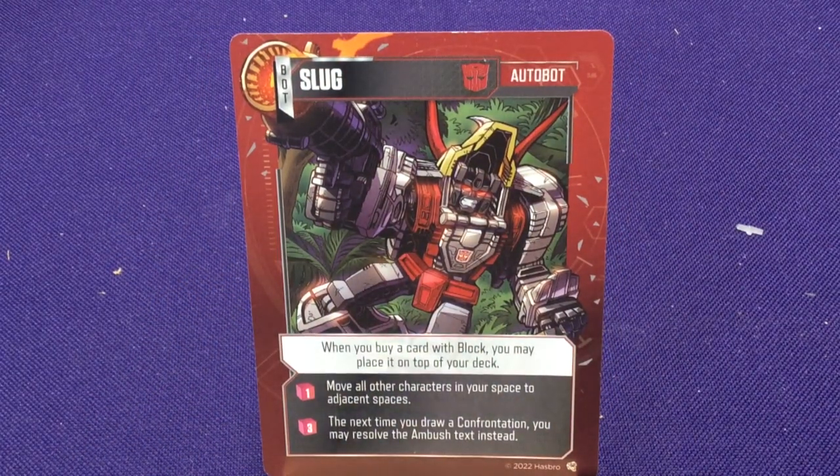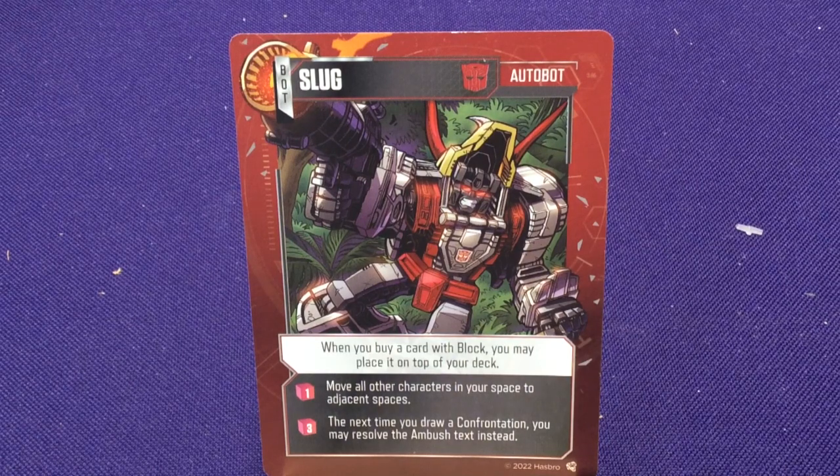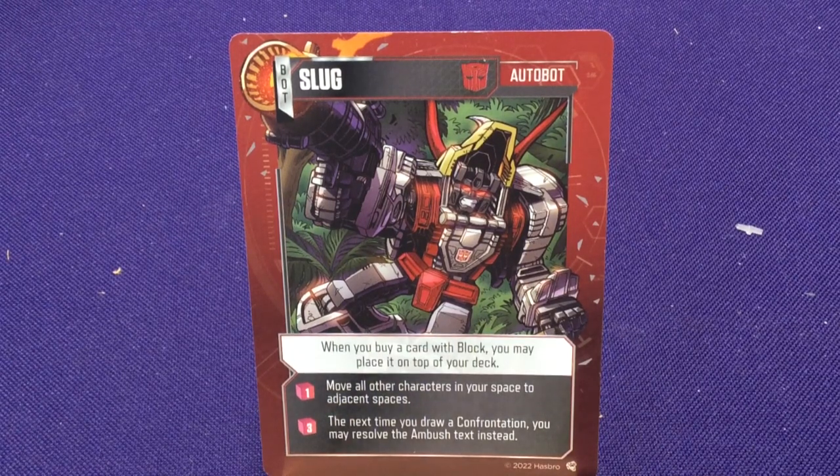And he's got, when you buy a card with a block, you may place it on top of your deck. Move all other characters in your space to adjacent spaces, and the next time you draw a confrontation, you may resolve the ambush text instead. So yeah, it's kind of neat because he's like a defensive character, but like where Sludge was all about